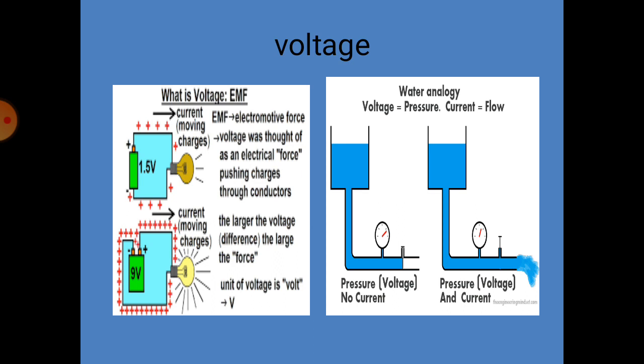So in another figure we can easily find the relation between voltage and current. Whenever the voltage increases, automatically the current also increases. It is just like when pressure increases, the flow of water increases. Whenever voltage is zero, then there is no current. So in figure 2 we can easily observe the voltage and current relation.